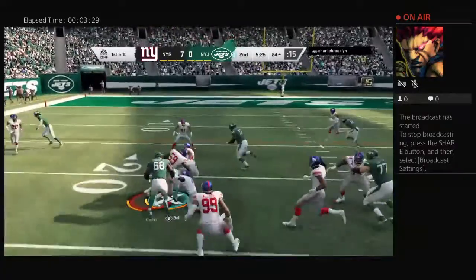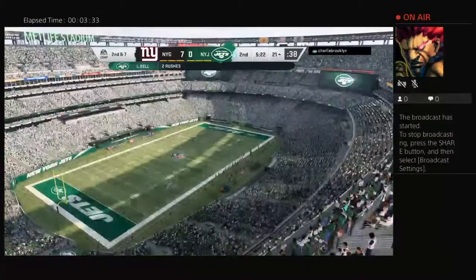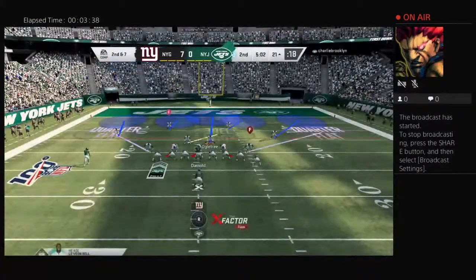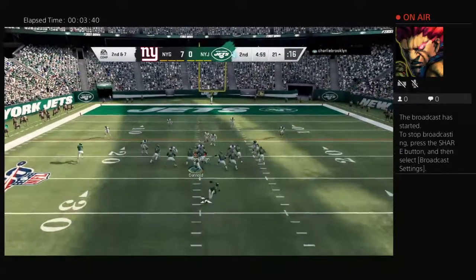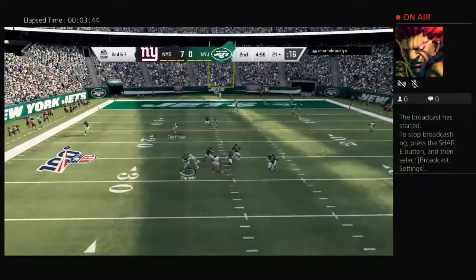Now a first down carry by Bell. Alec Ogletree in on the stop. Oh, yeah. Well, they certainly had success throwing the ball on this drive and not as much running it as we just saw once again on that last play. Stopped after a very short gain. But I wouldn't abandon the run totally because otherwise...